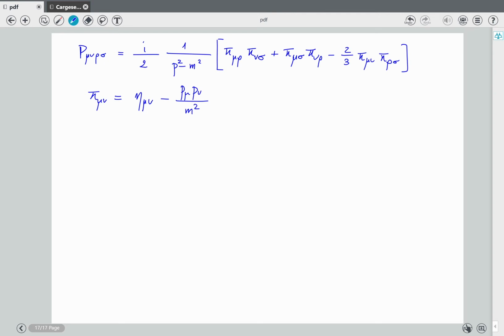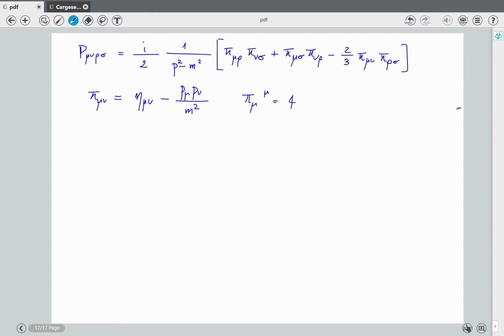Let's check now that this propagator fulfills the requirements. The symmetry properties are okay because it's symmetric in the exchange of mu with nu, rho with sigma, and the pair mu nu with rho sigma. To check the other two properties, let's first compute the trace of this small pi, and that trace will be